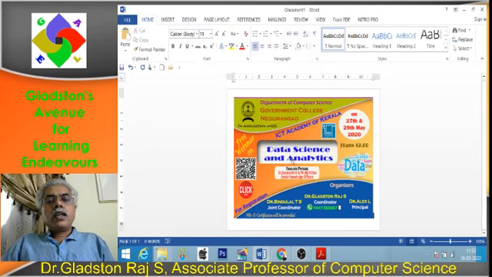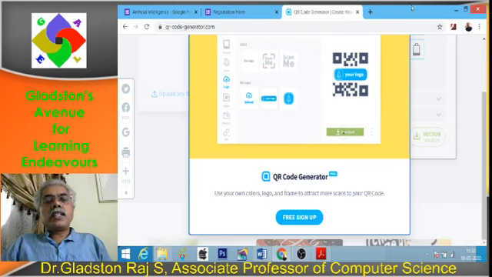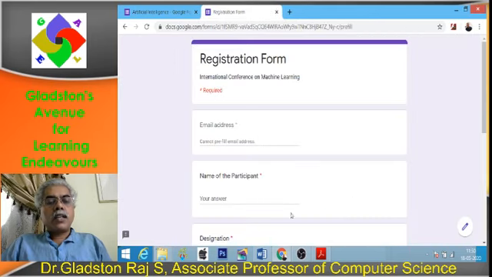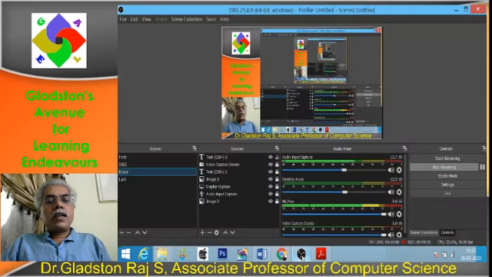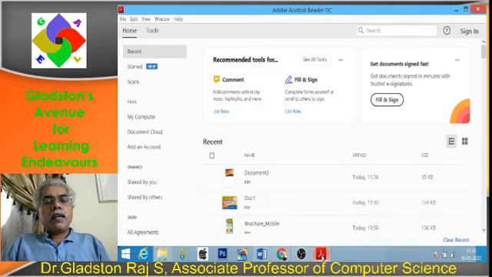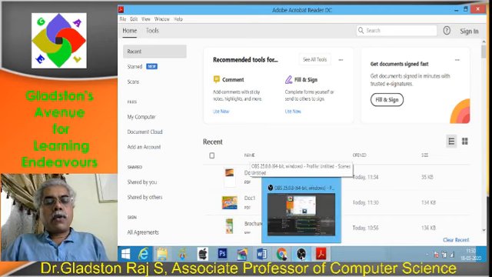Now your brochure is ready, your registration form is also ready. So on your browser, two options are available. One option for you to get it through the click button, another option, scanning the code. These are the two options available for you.